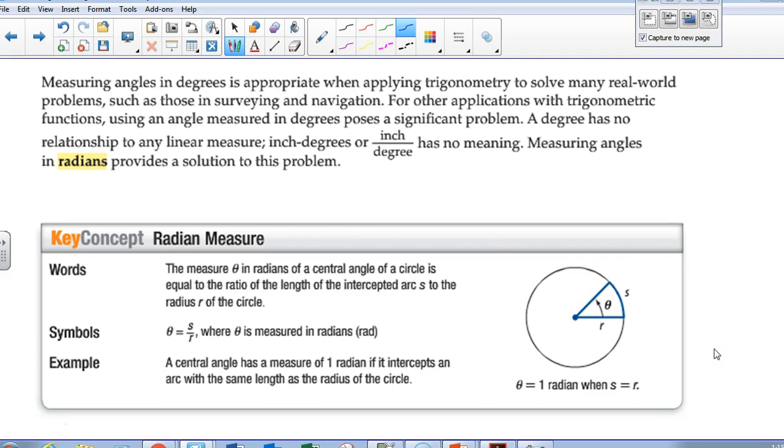There are 3 possibilities for this reference sheet in terms of tests and quizzes. There are some for which you will be able to use it not at all. There are some for which you will be able to use it free of charge. And there are some for which you will be able to use it at a fee. In other words, if you need to use this, it's going to cost you 5 points on the test or something. Okay? Now, I will tell you every time before an upcoming quiz whether you get to